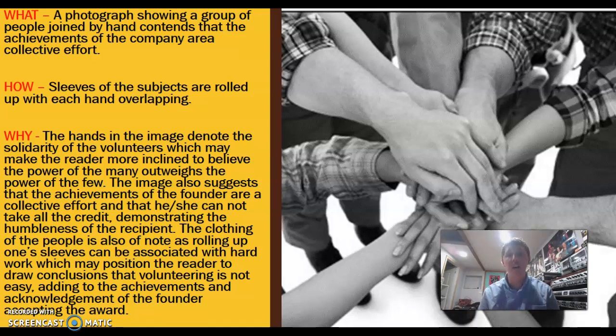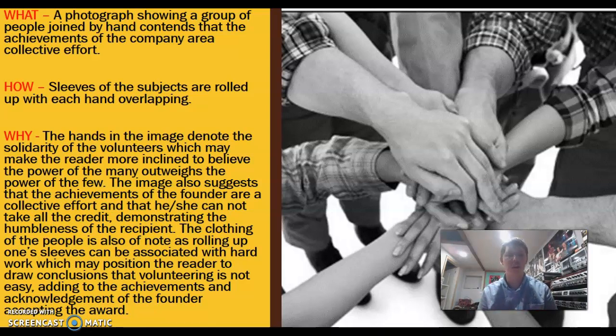So if we look at the how, we already acknowledged that the sleeves of the subjects are rolled up and each hand is overlapping. Now let's explain the why. The hands in the image denote the solidarity of the volunteers, which may make the reader more inclined to believe the power of the many outweighs the power of the few. So it's not just a single entity, it's a group. It's a group that makes these things happen. The image also suggests that the achievements of the founder are a collective effort and that he or she cannot take all the credit. Okay, so there's a sense of modesty there, and the altruistic nature that a lot of people have when they work for charities